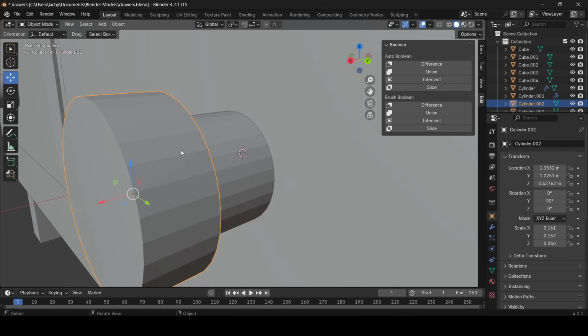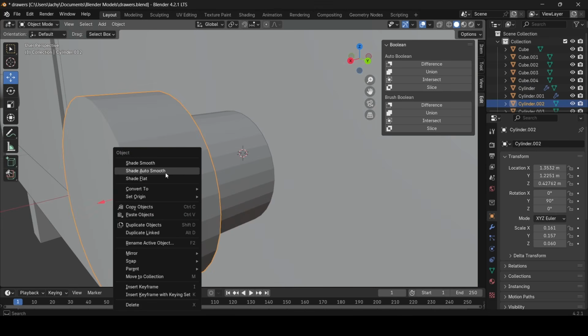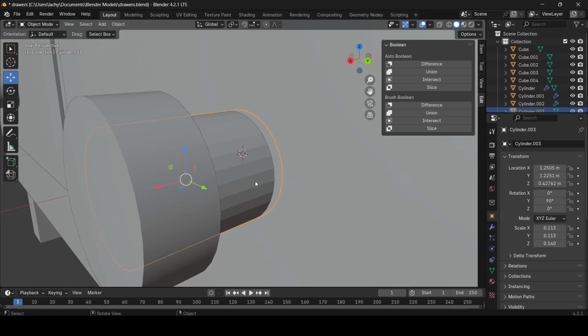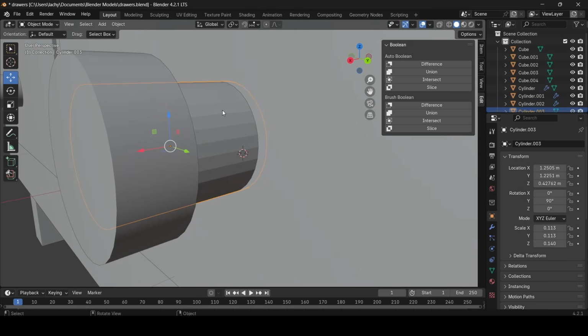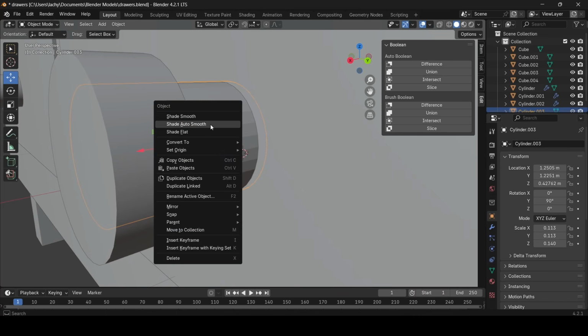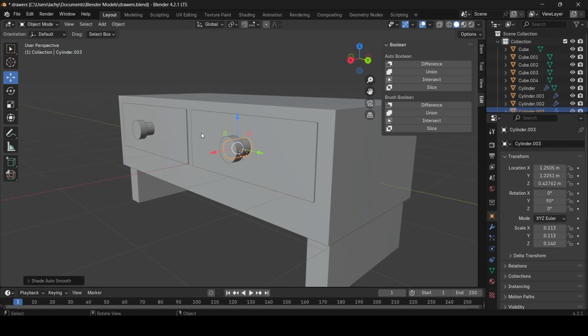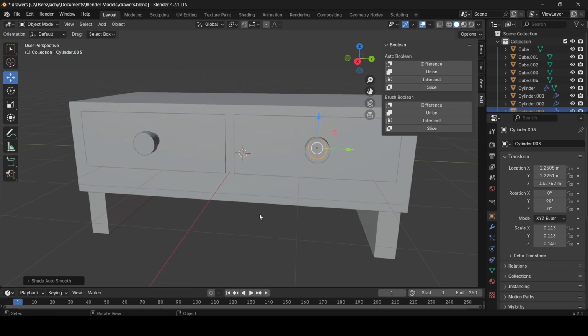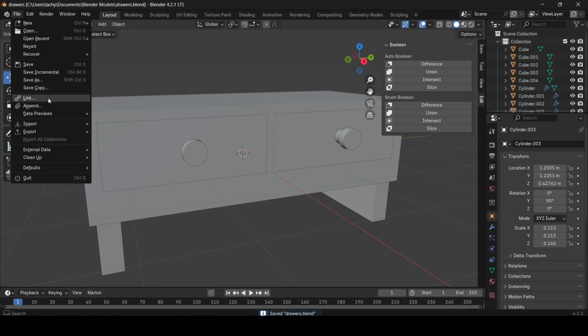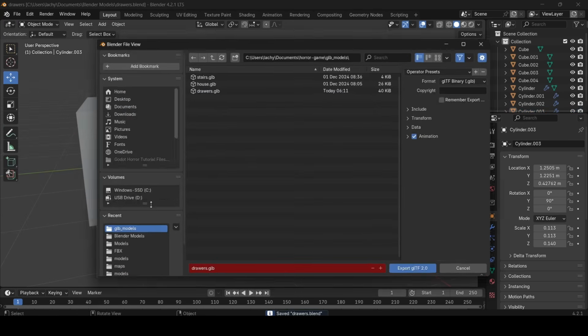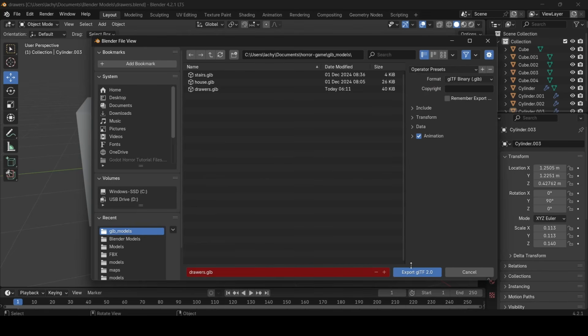So if you don't know what smoothing does, it basically just smooths out the meshes. As you can see, the corners and stuff like that of the actual mesh itself, but we can go Shade Auto Smooth, and now it looks smooth. You can't see all them parts or anything. So yeah, I'm gonna go export again, go export GLTF, and then save it as drawers,